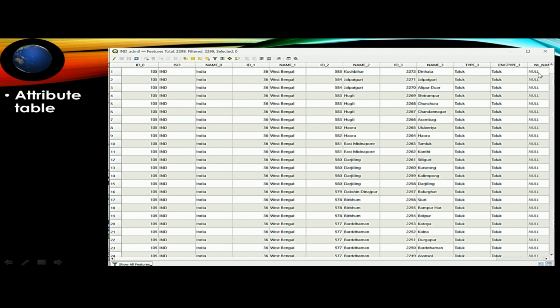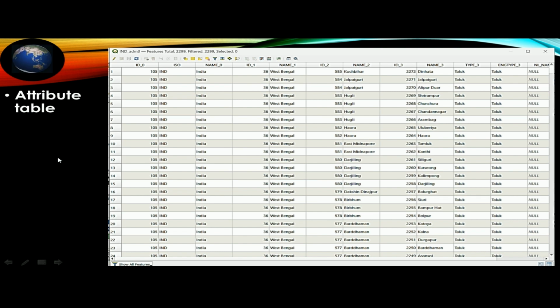I got four different shapefiles for India itself: first is the India boundary, second is the state, third is the district, and fourth is the taluk. So I got four kinds of shapefiles, the Indian region administration shapefiles, from DIVA-GIS. I will show you how to get that, and how to bring that in,